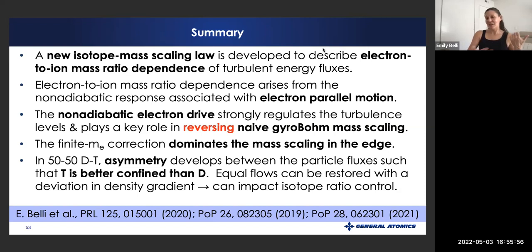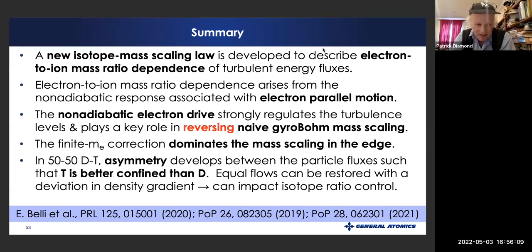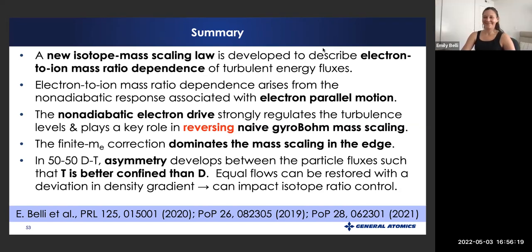So we are working with Gary Staebler on trying to come up with better ways to incorporate these effects into their quasi-linear models. Yeah, I was being polite given the audience. TGLF is in the same boat on this issue, as you surely realize. So. Okay,